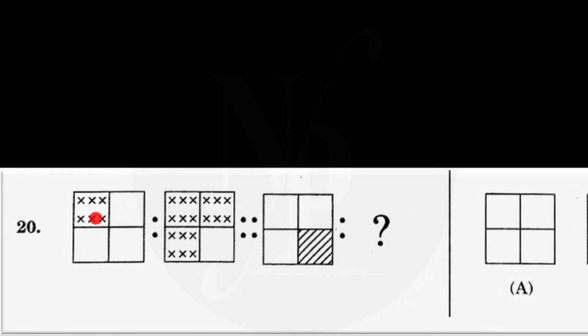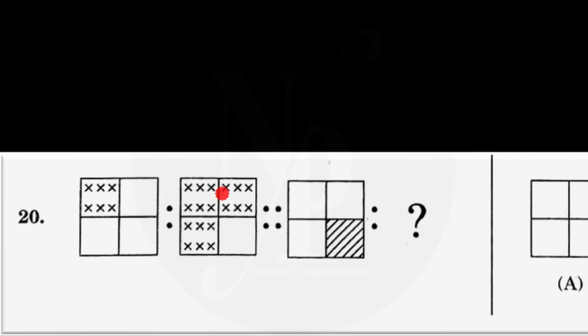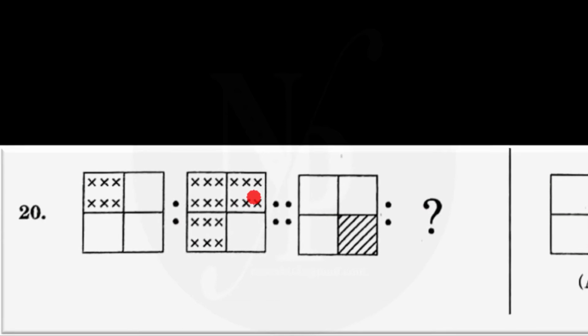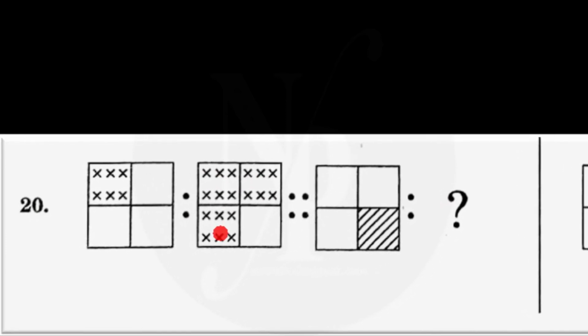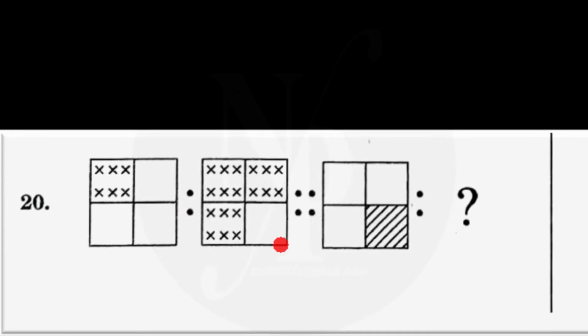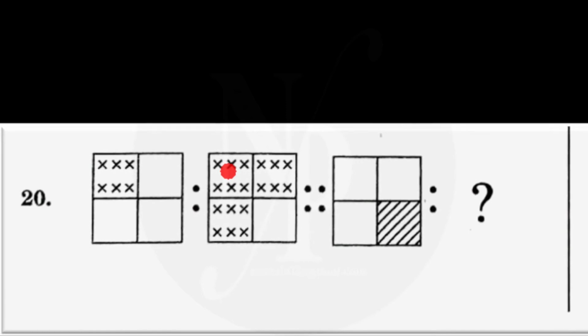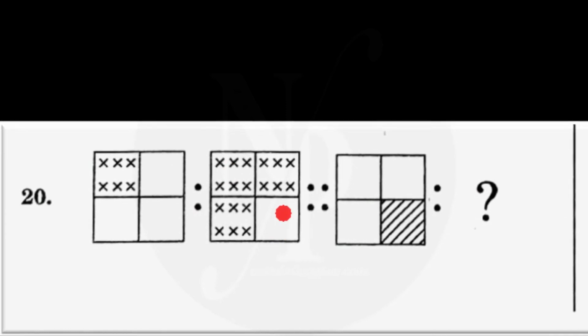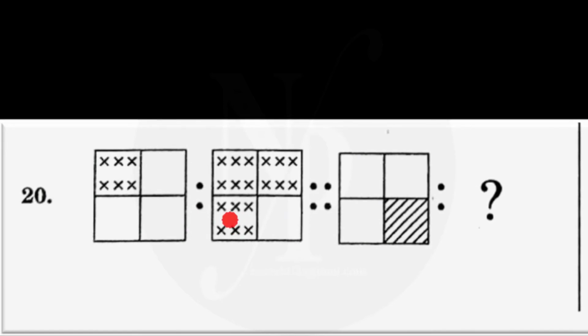cross marks. And now, keeping this in mind, looking at the second figure, the small squares which are adjacent to the top left square are again filled with the cross marks, and the small square which is diagonally opposite to the top left square is left blank, which is not filled by drawing cross marks. So we should find the fourth question figure which should have the similar relationship as we found between first and